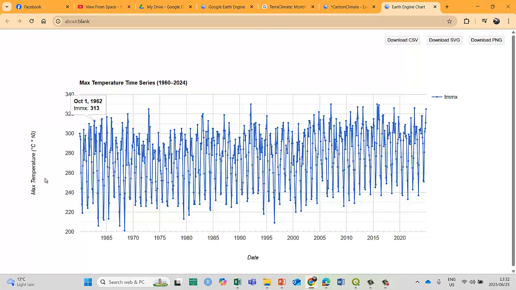So ideally we should export this into Excel and do some work in Excel, or in RStudio, which is also a favorite of mine, where we can do lots more work to find out the trends, the changes, and all of these sort of things. But for now, I'm sticking with what we have.